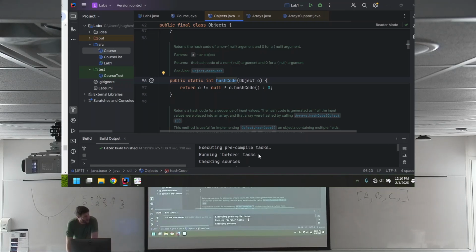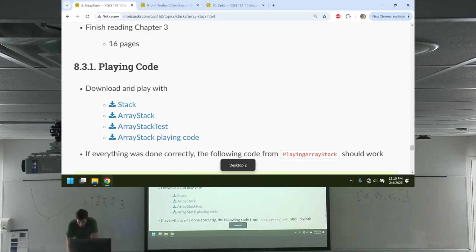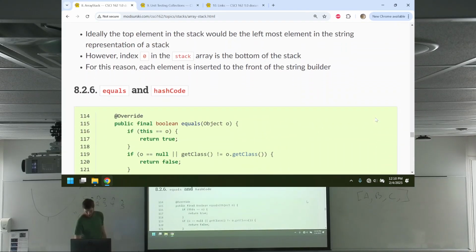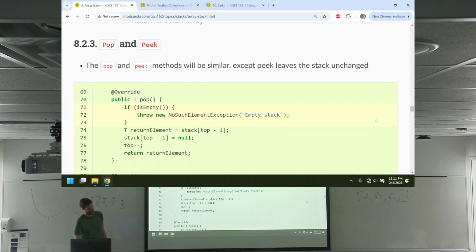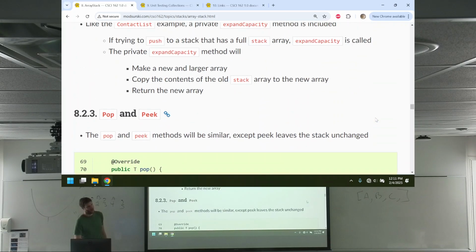Yeah, an actual question this time. So for pop, why do we do top minus 1? Wouldn't we pop the top of it? But remember, top is always the next empty spot. We could do it a different way, but based on our implementation, if we had an array